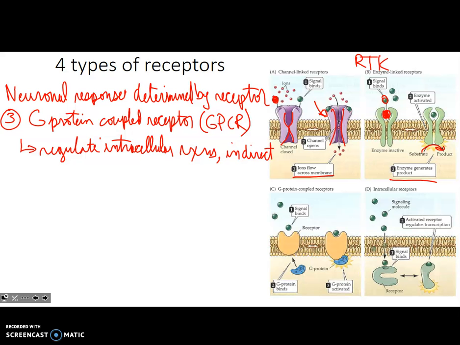How? Well, as you can see in this diagram here, it has a lot to do with this G protein that associates with the GPCR, right? So here's the GPCR, that's the receptor, and the G protein down here is going to be the thing that transduces the message, right? If we're looking, as we talked about in example A, what's transducing? In this case, it's the G protein itself that's going to transduce the message. So regulate intercellular reactions via G proteins.